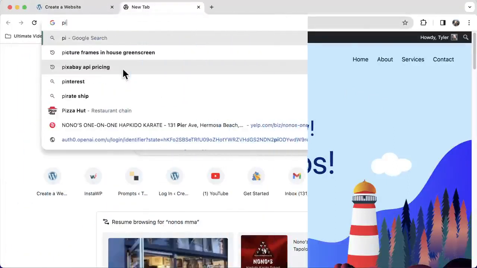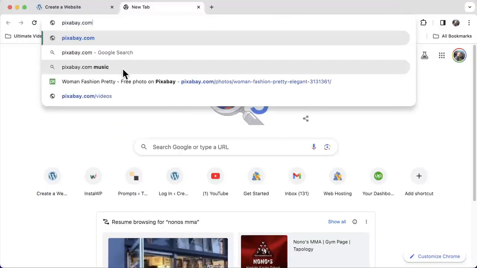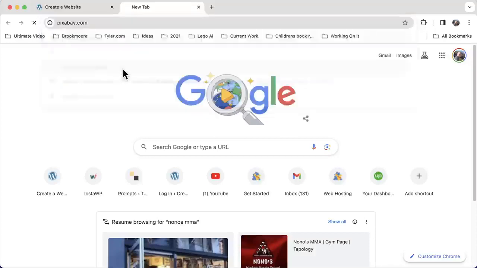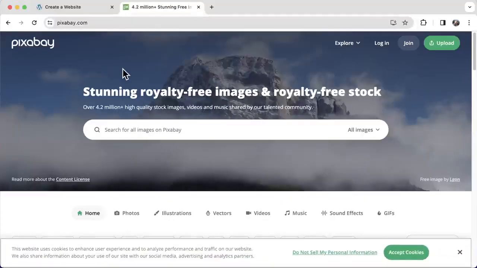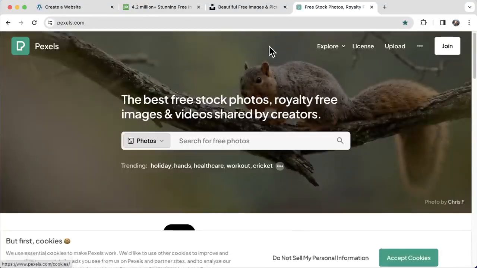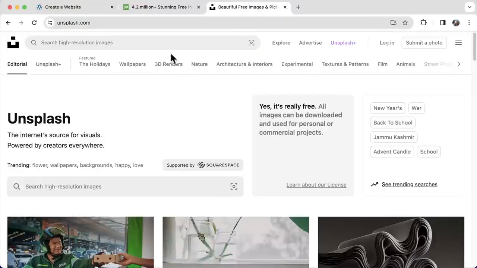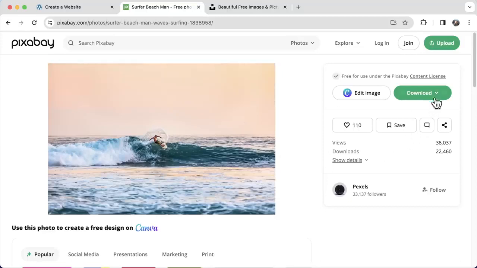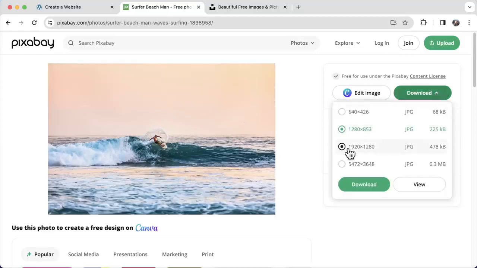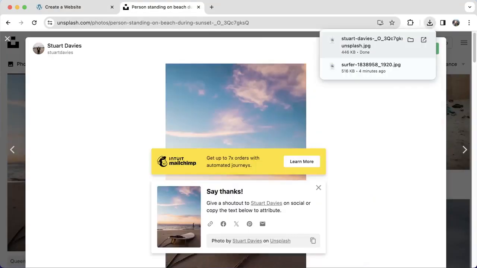And by the way, we can find free, really great images for your website. The first one is pixabay.com. The second one is pexels.com. And the third one is unsplash.com. The most important thing when downloading images is to make sure that the size isn't too large, because that's going to make your website slow. So make sure the size isn't above 2000 pixels. So I'm just going to search for all of my website images,